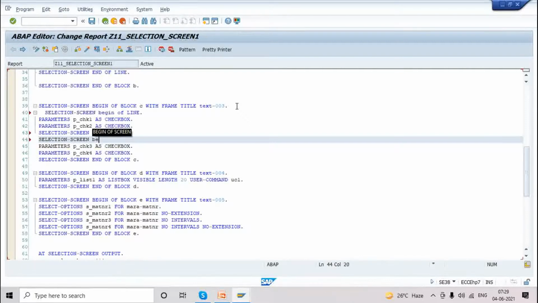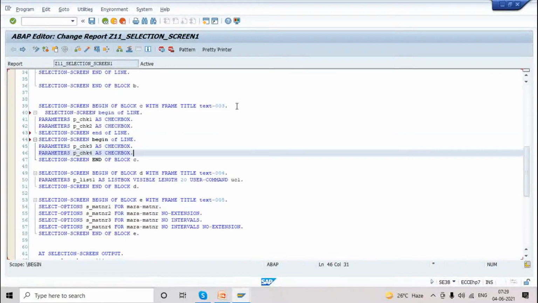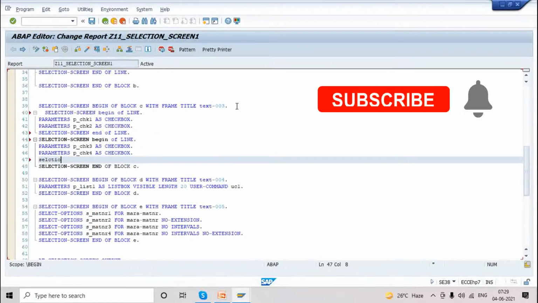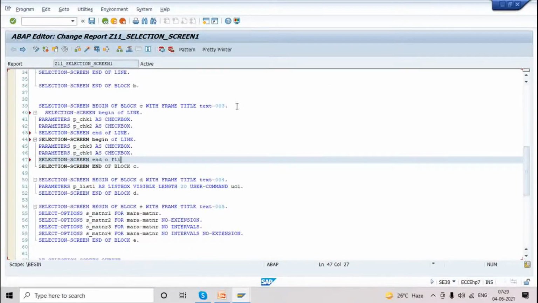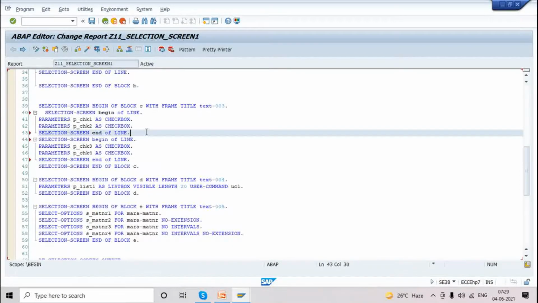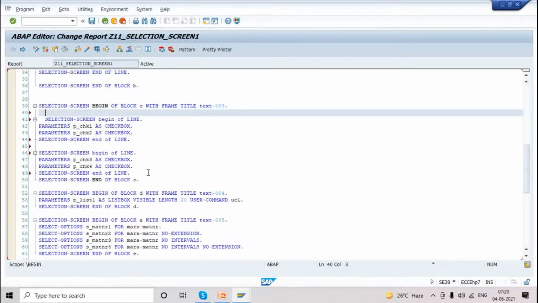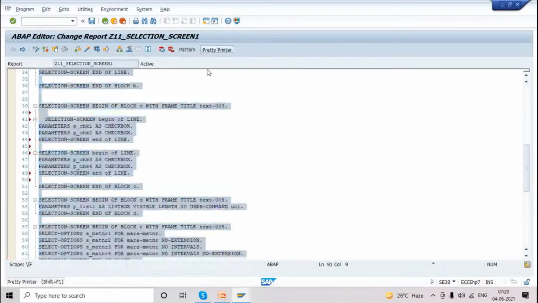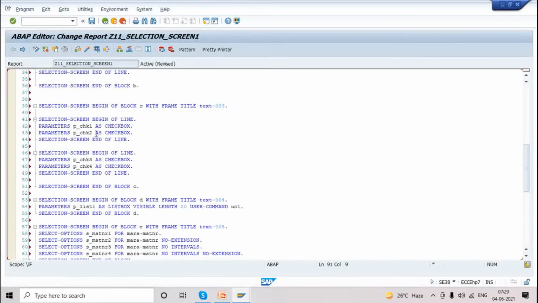Selection screen, begin of line. Give some space. Okay, 2 lines we separated. These two come under one line. The next two come under one line.